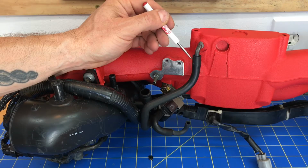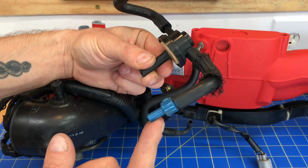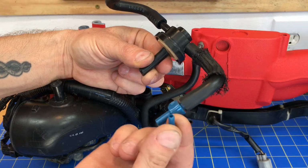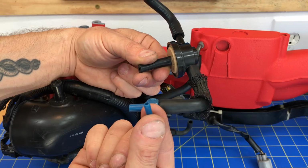And you can go ahead and connect it like that. Okay, and then you want to take that other piece that has that one-way check valve and that 3-way little T, which as you can see on mine is actually broken. The little 1/4-inch port on my little 3-way T-fitting actually broke off, so I've actually ordered a new one of